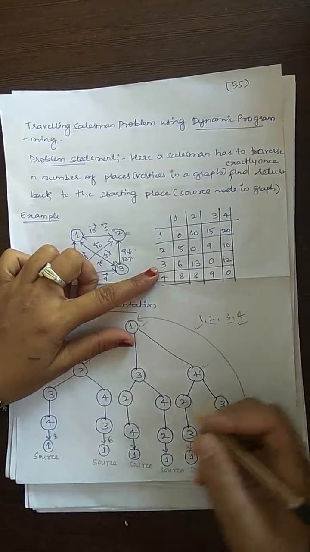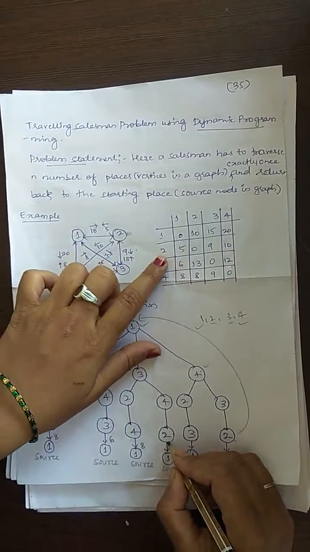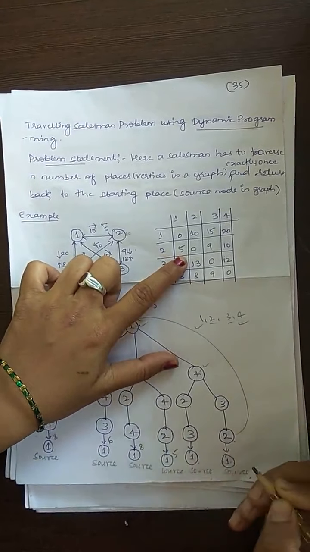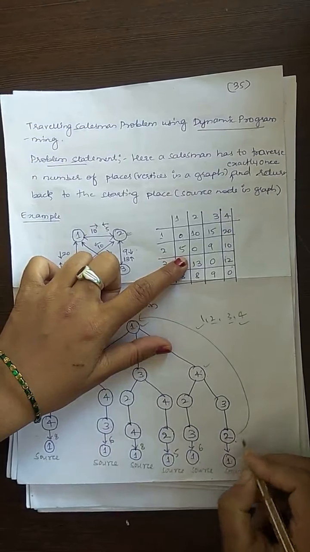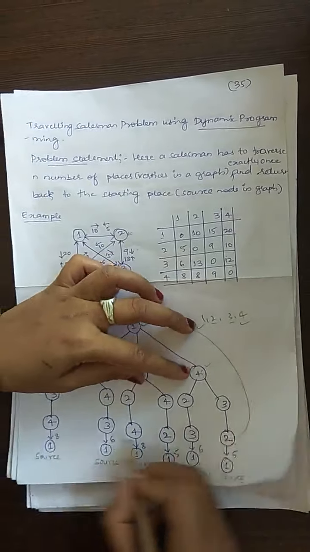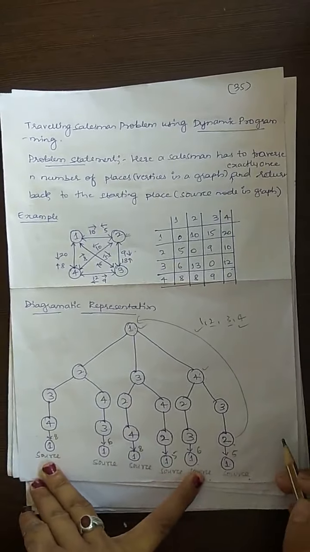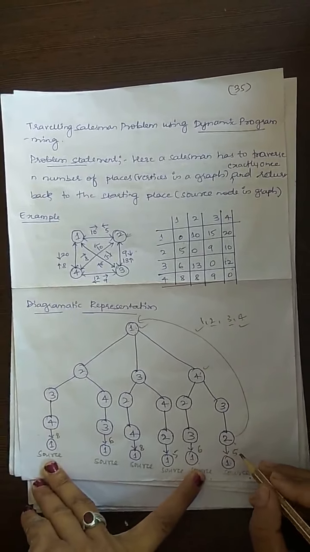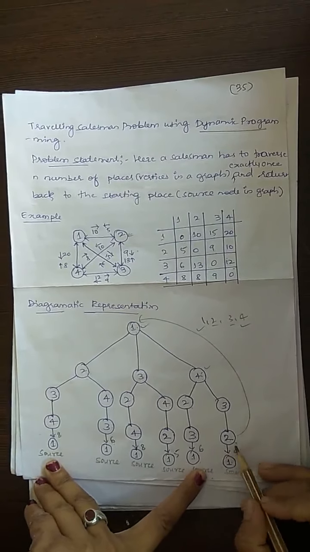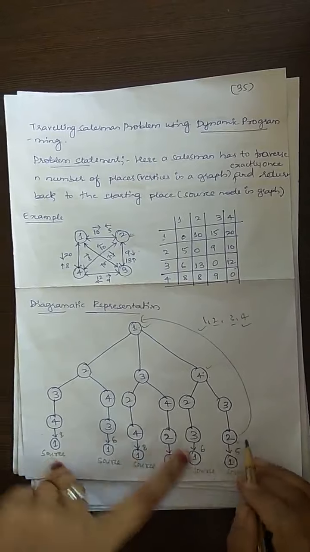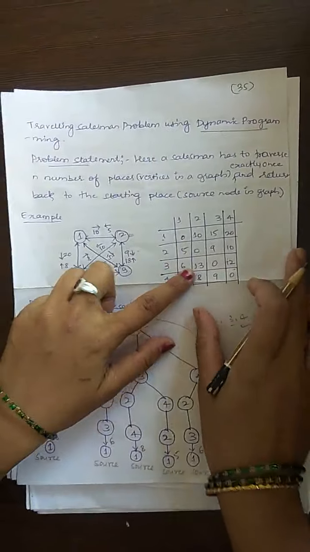So 6 here. Next I have reached 4. 4 to 1 I have already calculated, it is 8. Next I have reached 2 here. 2 to 1 is 5. Next 3, so 3 to 1 is 6. 2 to 1 is 5. So these are the costs. These 8, 6 and 5 are the costs consumed when we go from the last level to the source node, meaning there are no vertices remaining. When there are no vertices remaining, we are directly taking the cost from the cost adjacency matrix.